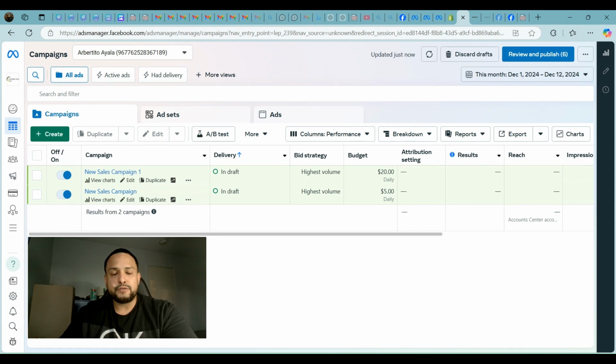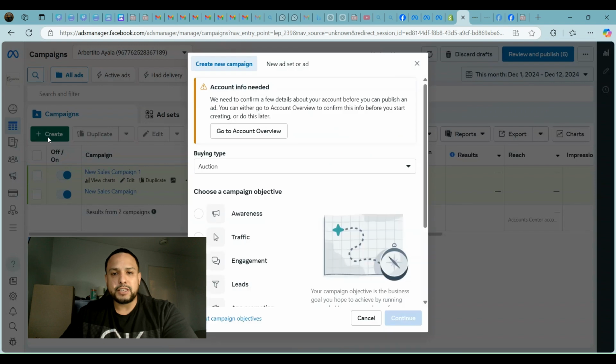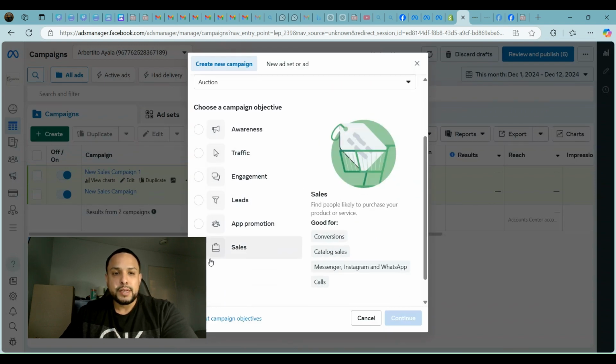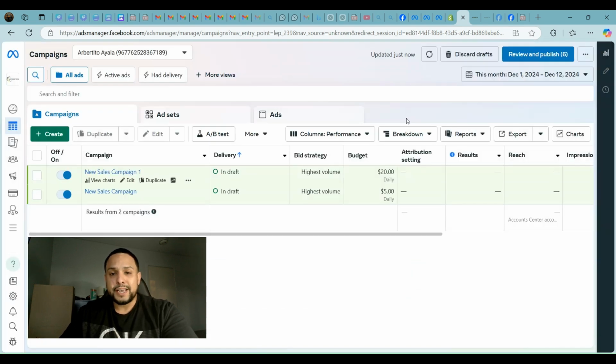So, here's a fresh account we'll be working with today. This account has no prior ad expense and the store itself is brand new. I'm going to show you step by step how to set up the ad campaign from scratch and share actionable strategies to lower your cost per purchase and improve your return on ad spend, which is ROAS, which stands for